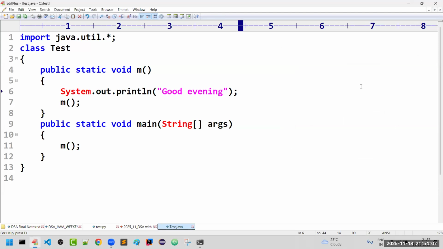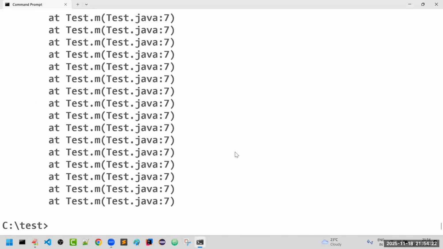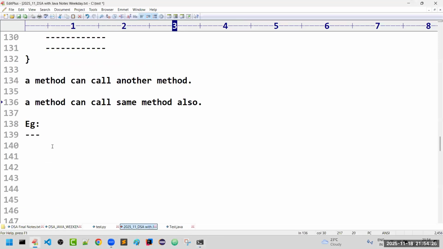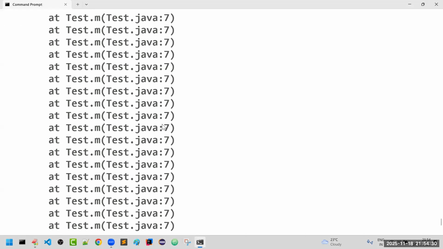We will get runtime error saying stack overflow. Some people don't know why stack overflow error is coming, because in the recursion this much depth knowledge is there. Now observe friends, what will happen? Program compiles fine because syntactically there is no mistake. But when you are executing, messages keep getting printed. But at a certain point, we will get error. Sir, what is that error? If you want, just 1 second. I'm scrolling here. A bit time taking.